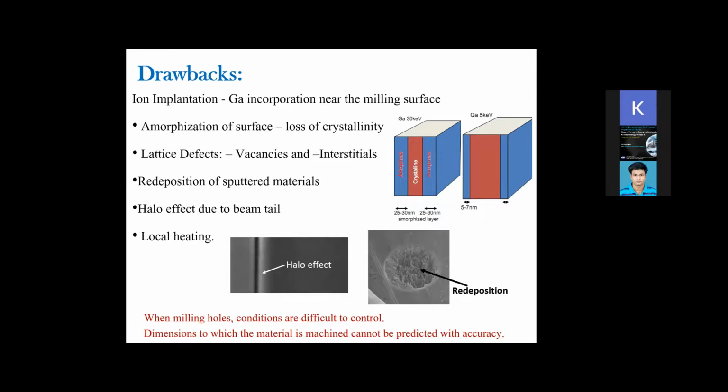So that's why it is preferable to use very low kV to cut if you want to achieve a nanowire or maybe a structure whose dimension is too small. Otherwise its crystalline property will totally vanish. And if it is an amorphous sample by itself, then it's not a problem. However, since the ions interact with the sample, other defects like vacancies and interstitial defects will also form. One main problem will be ion implantation of gallium.